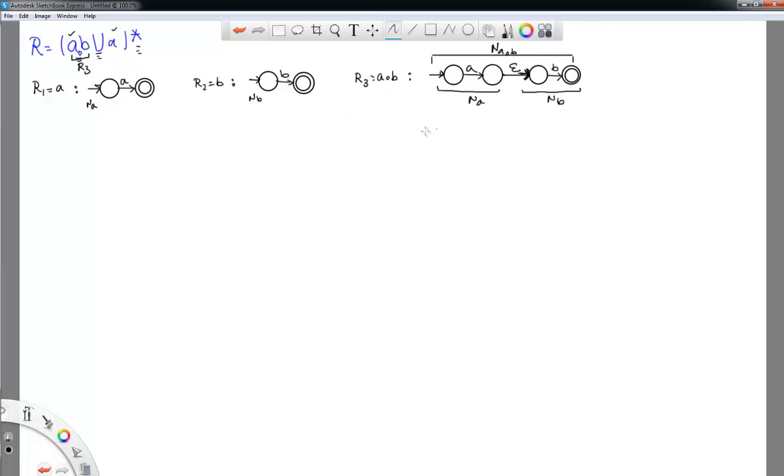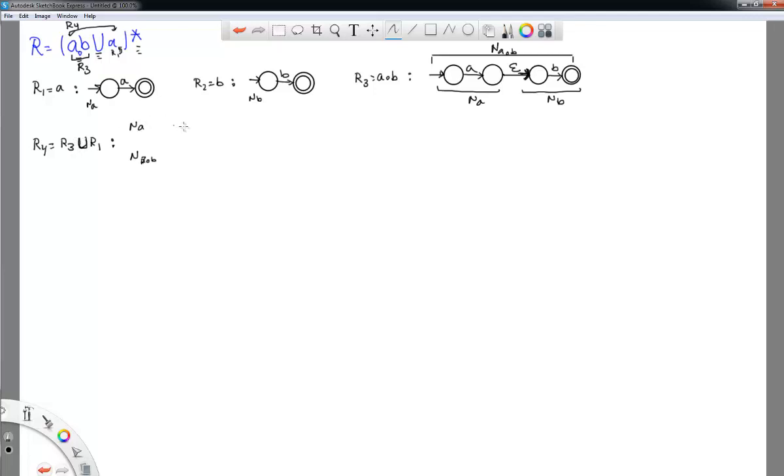So now, what would be the fourth description? The fourth regular expression is R sub 3 union with R sub 1, right? Because this is the letter A. So the R sub 4 is effectively R sub 3, which is a concatenation up there, union with R sub 1, which is the guy here. So how does that look? So effectively what I need to do is to have an NFA, N sub A, and N sub A concatenated B, and then use those to combine with the union construction, right?